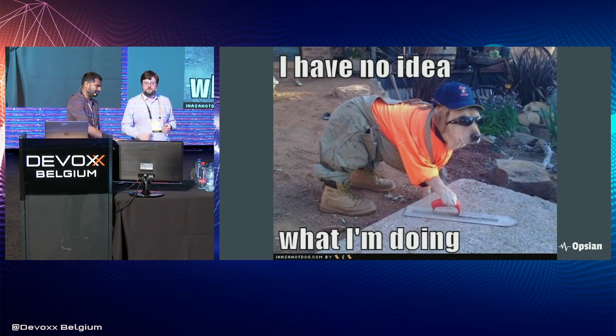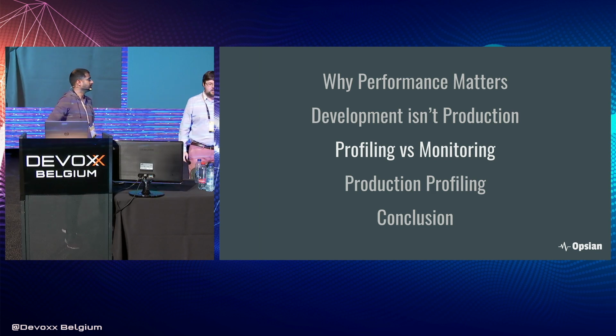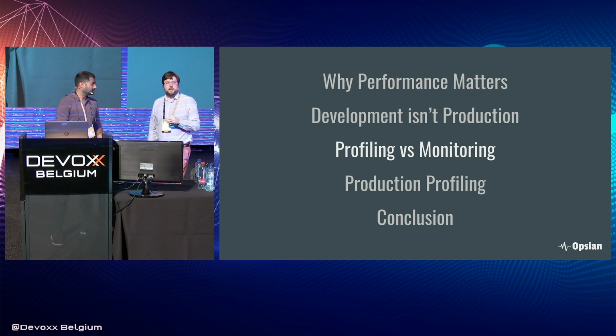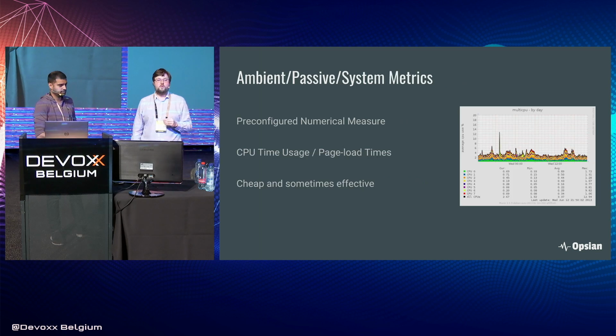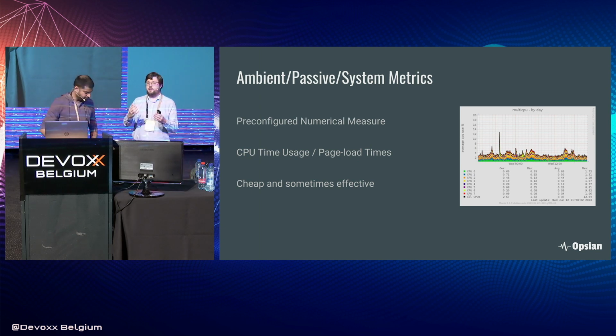Absolutely. Cool. So having said we want to understand these performance problems in a production environment, what would we actually do to understand them? What can we measure? And the first thing that people jump to is metrics, right? So when I say metrics, I mean some kind of pre-configured numerical measure, something you can pull out of a production system periodically. For example, how much CPU is being used at a certain point in time? What's the page load time of a certain request on a certain API endpoint?